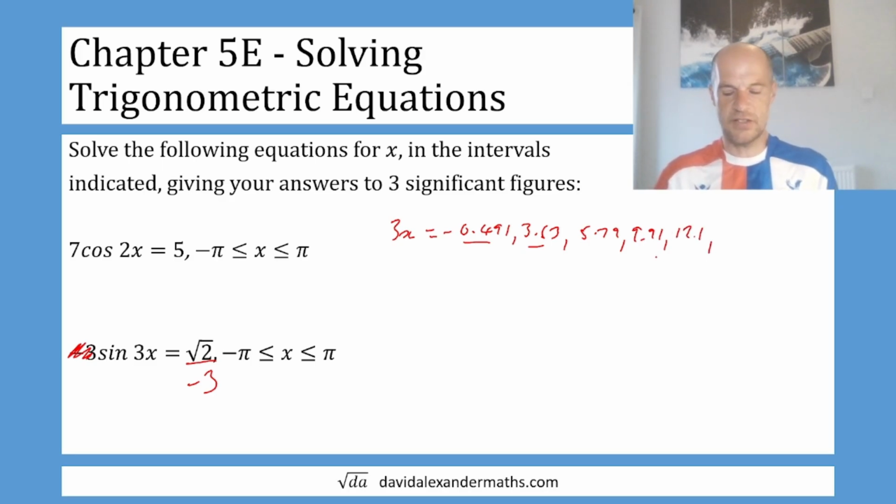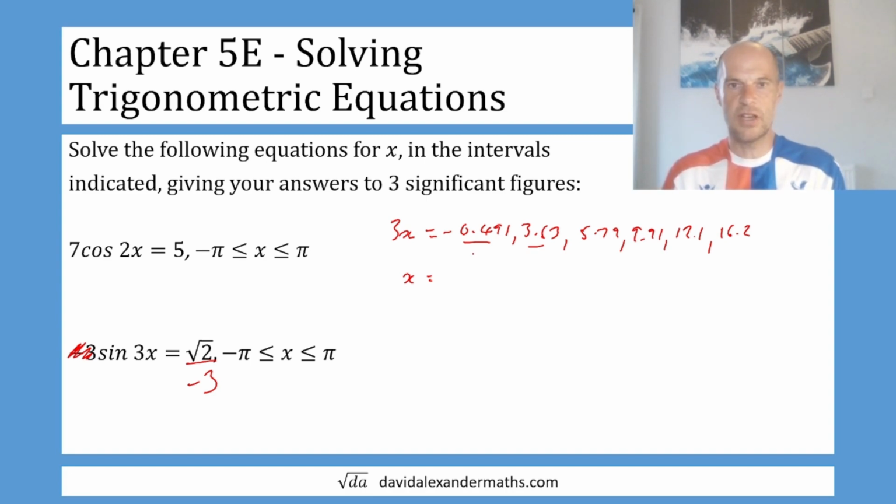And the next one after that is 9.91 plus 2 pi, which is 16.2. Now, I'm not sure if I've gone far enough or not. Let's see if I get one where it falls out of range, so one that is bigger than 3.14. So remember, all of these solutions were for 3x, so all I need to do is divide them all